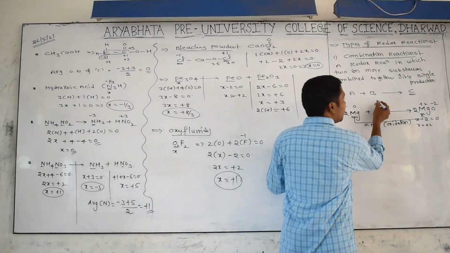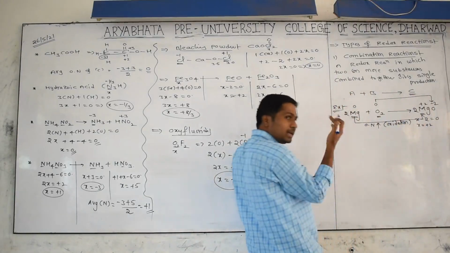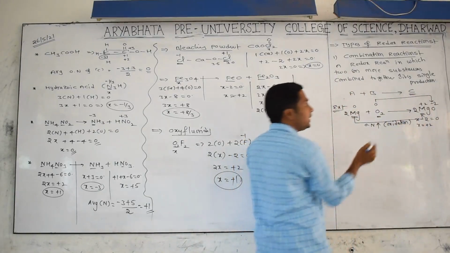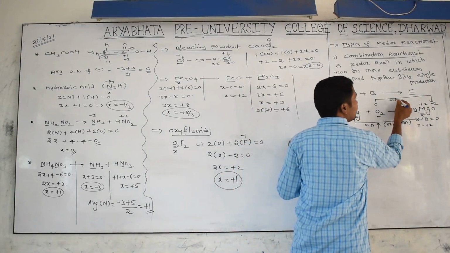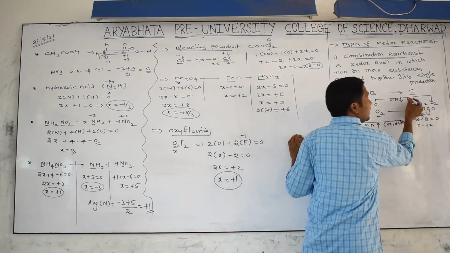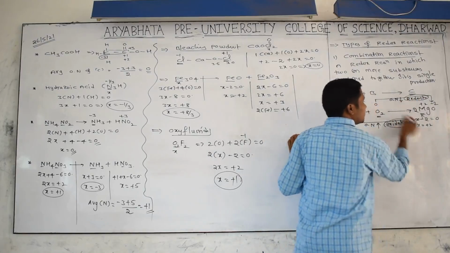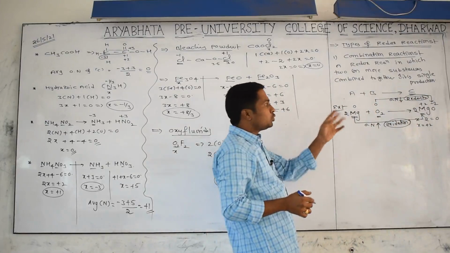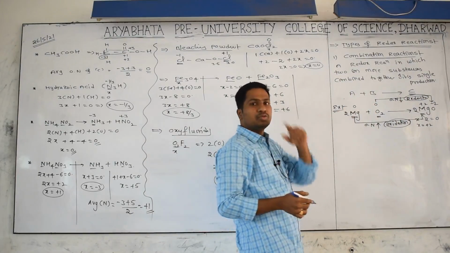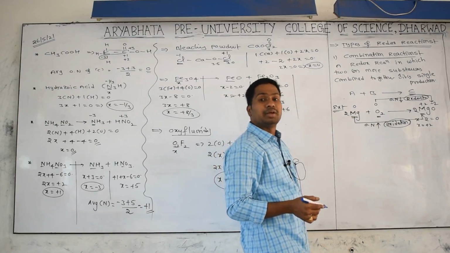Check it here. Oxygen changed from 0 to -2. 0 to -2 means the value is decreasing, so the oxidation number is decreasing. That is called reduction. Yes, in this reaction both reduction and oxidation are happening. Two chemicals combined together give only a single product, which is called a redox combination reaction.